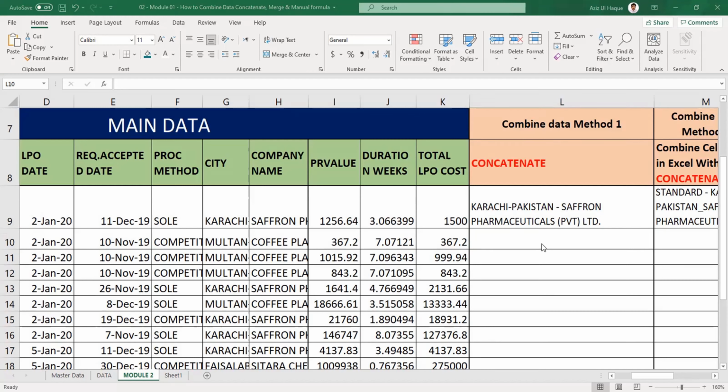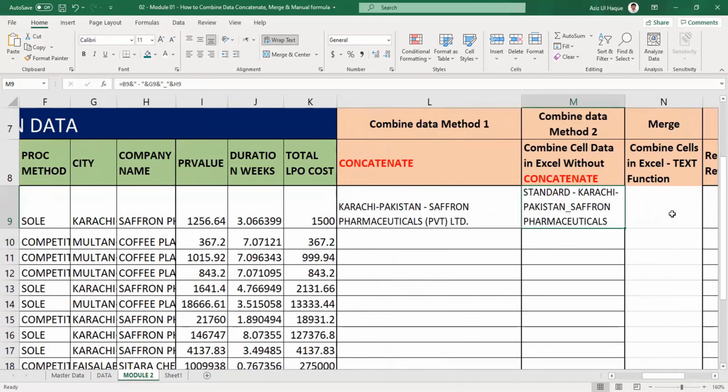Now we will go to the other option, how to do the manual formula. It is very easy. If you want to combine the data and you don't want to use concatenate, you can use this formula.